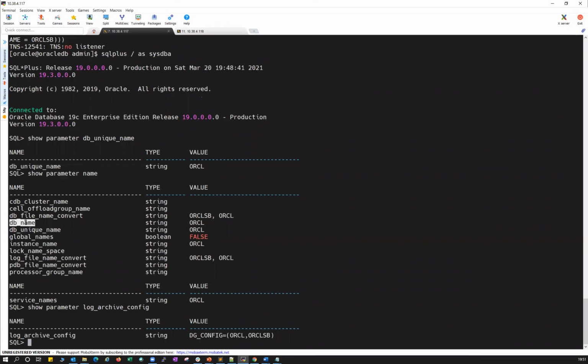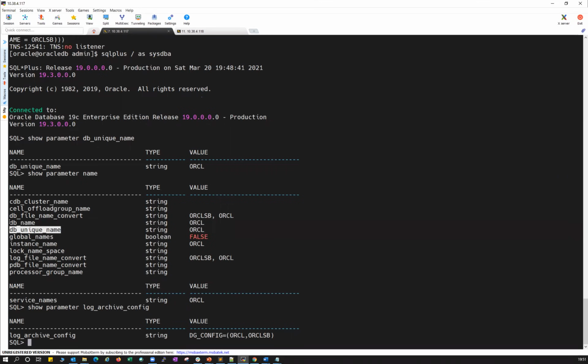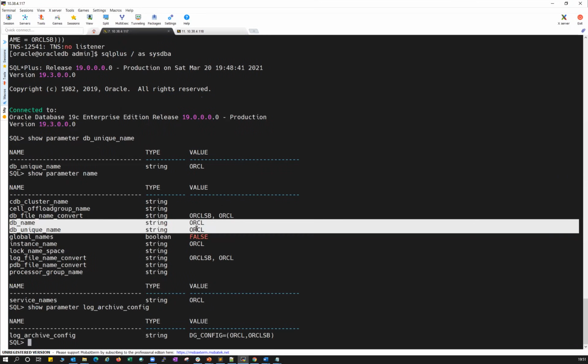So you may have the same DB name between production and standby, but the DB unique name is an individual identity of that particular database. So it is going to be unique for all the databases. In most scenarios, if you don't have a standby, except in a Data Guard environment, on the primary site your DB name and DB unique name are going to be the same, ORCL and ORCL.